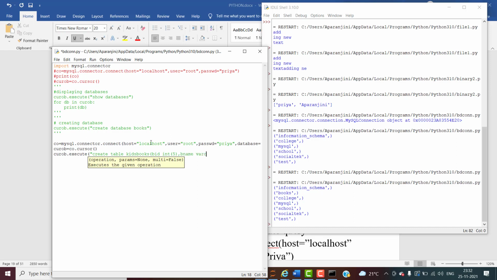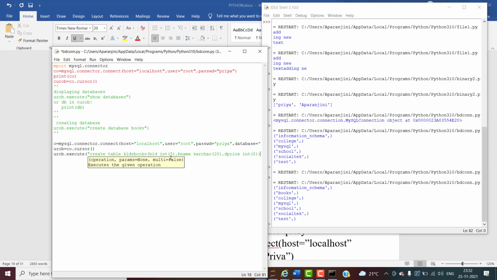Varchar is a combination of alphanumeric. Both it accepts. Integer means only numbers it will accept. So here I am taking 20. Book ID and book name, and we can write here book price. So this also I'll take int only, like 8 I'm taking. So this is my